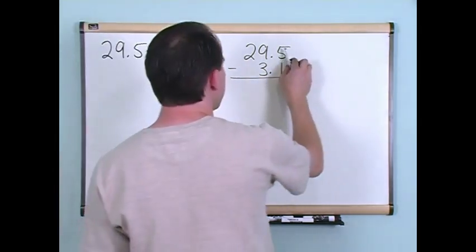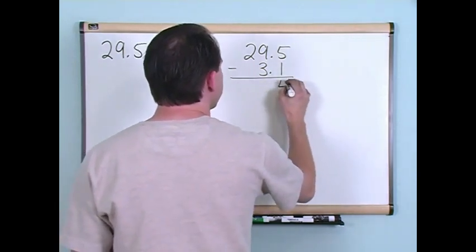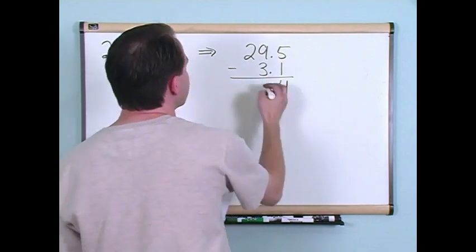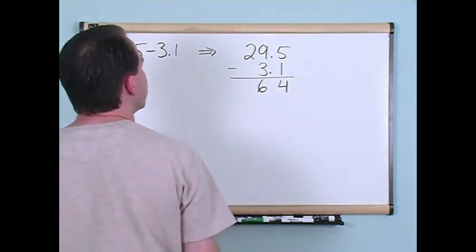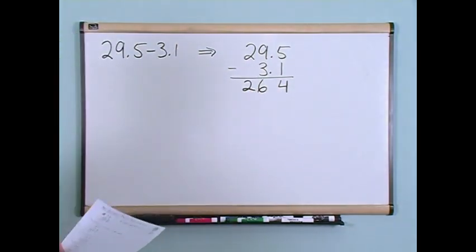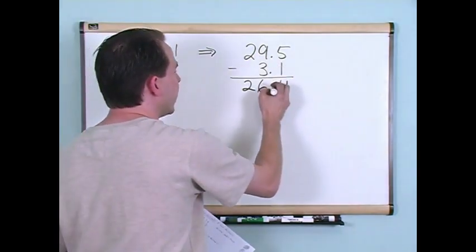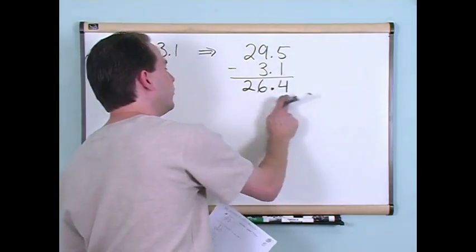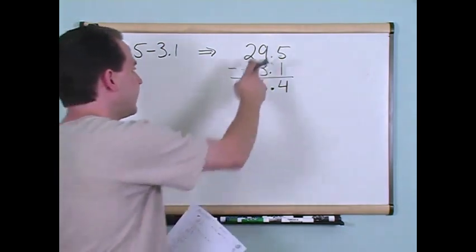Start in the right column. 5 minus 1 gives me 4. 9 minus 3 is going to give you 6. And 2 minus 0 is going to give you 2. And just like before, you take this decimal point, you drag it down, and you put it in between. So you have 29.5 minus 3.1 gives you 26.4, and you just take that decimal point, you drag it down,